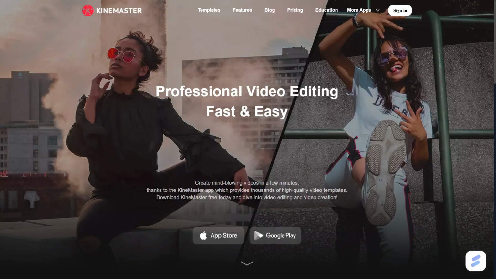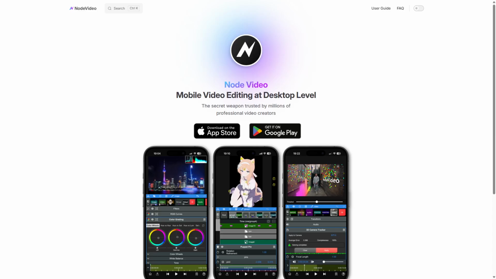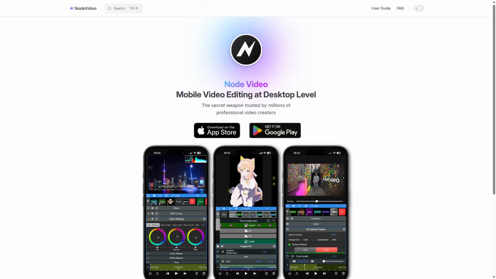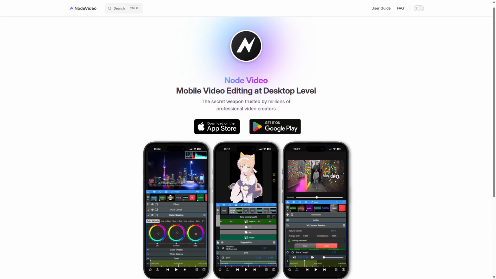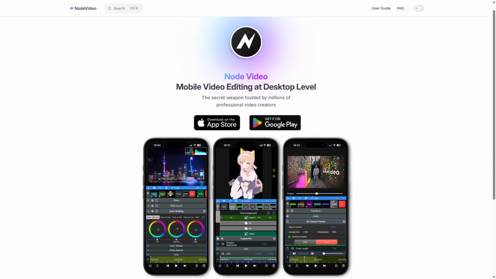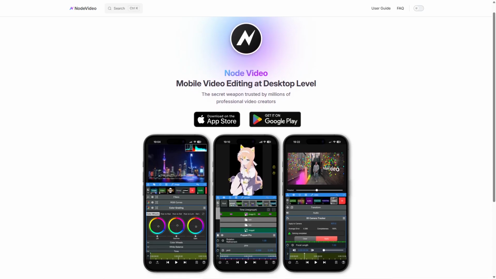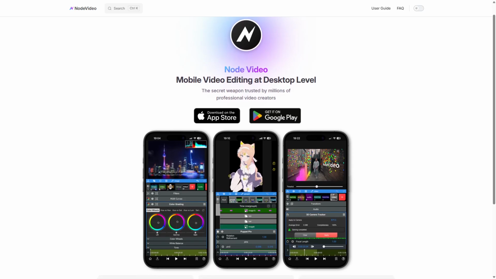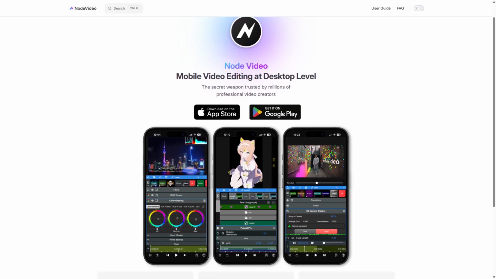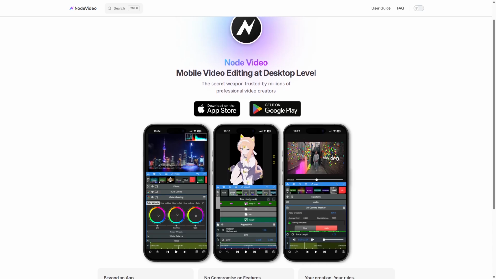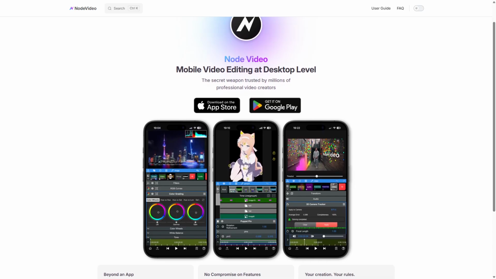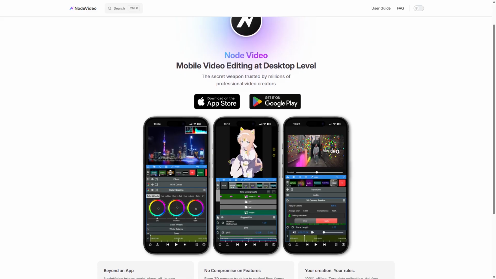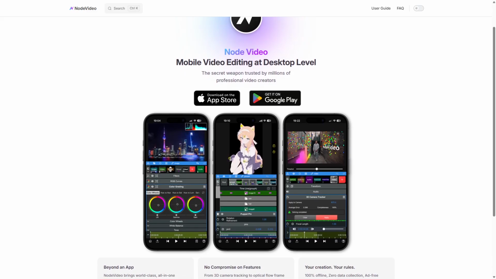The core difference lies in Node Video's advanced node-based editing system versus KineMaster's user-friendly timeline interface, catering to different editing styles and skill levels. Node Video Editor is a professional-grade mobile app that uses a node-based editing system, allowing users to connect effects, clips, and transitions in a highly customizable flow. This approach offers unparalleled control over video composition, making it ideal for users who want to experiment with complex effects